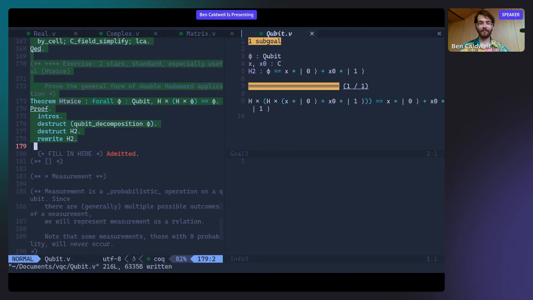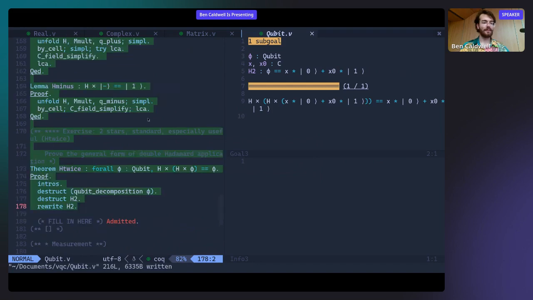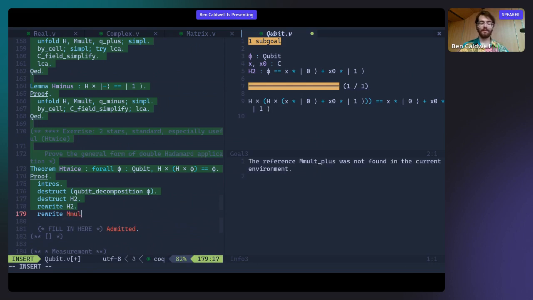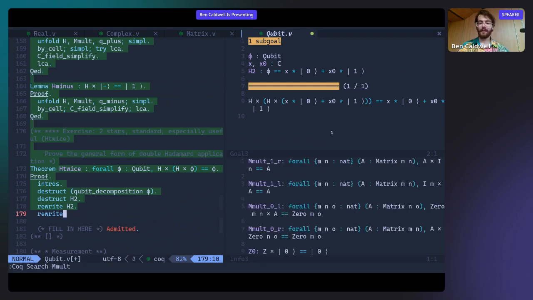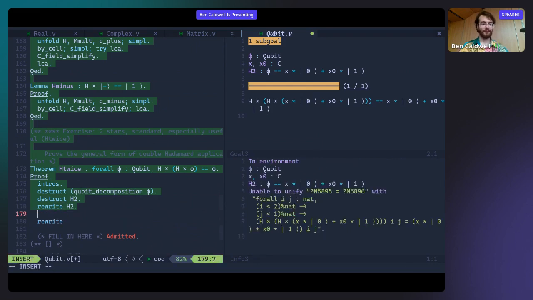At this point, right, we want to have this multiplication distribute over the addition of these two states. Because I don't think LCA will do it for us now. Or we could just do it by cell, which I think is